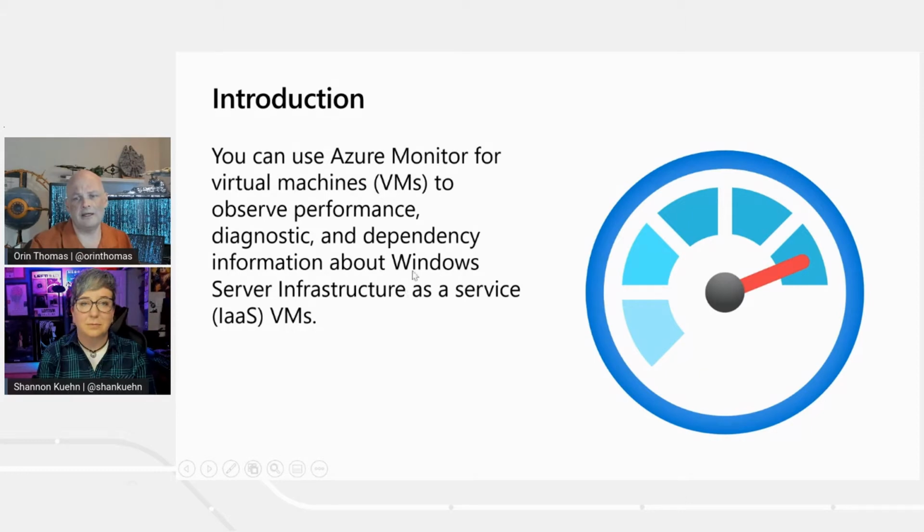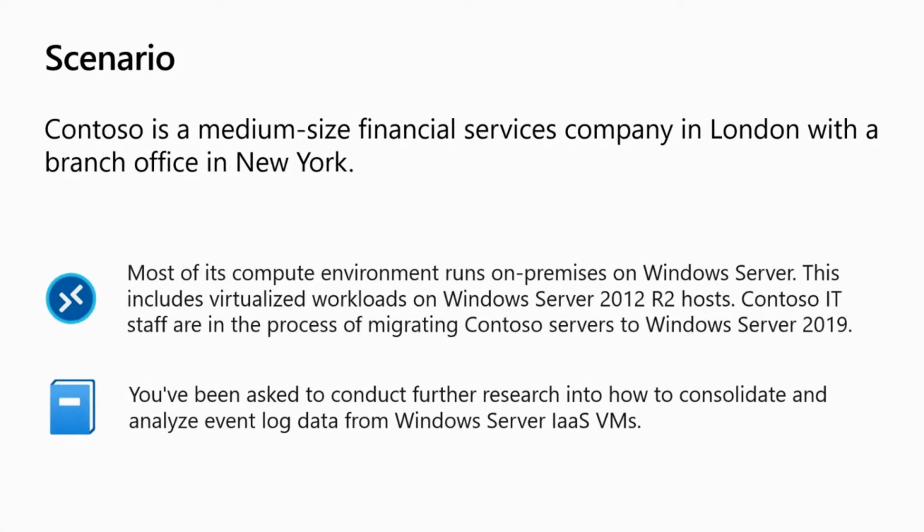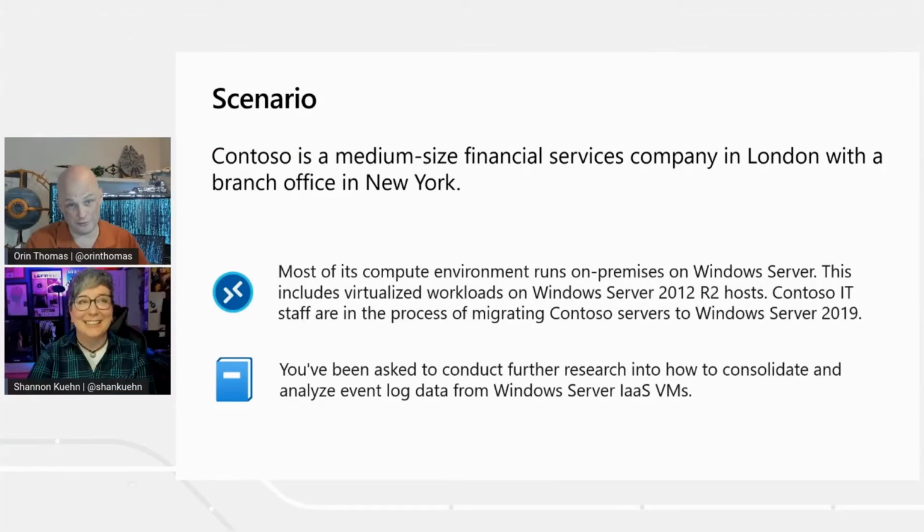Okay, so let's talk about the scenario. The scenario is that we've got that great famous Microsoft company, CONLL101. Today, CONLL101 is one of those organizations that might be in the Cayman Islands, and has many hats that they wear. Today they're wearing the financial services hat, and they're in London